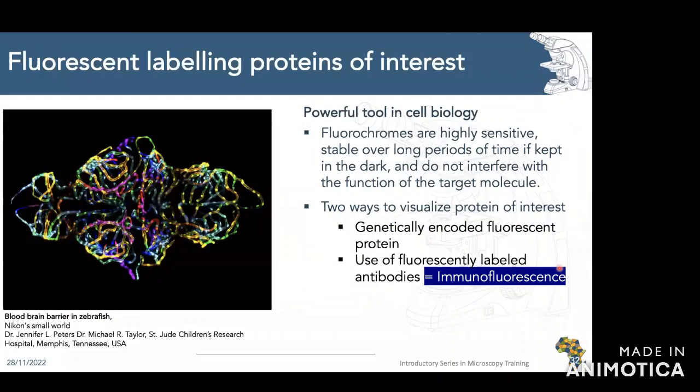So now let's move on to fluorescent labeling. This was already touched on in the microscopy segment, so I'm sorry if there's a bit of repetition. Fluorescent labeling has been a very powerful tool in cell biology and microscopy. This is because of the advent of fluorochromes, which have made these multicolor experiments possible. These fluorochromes are very sensitive, very stable, and don't really interfere with the function of target molecules. You can do live cell imaging. There are two ways to do this. The first is with genetically encoded fluorescent proteins, and you can do live cell or fixed cells, or you can use fluorescently labeled antibodies, which is why we call it immunofluorescence, because we use immunoglobulin and fluorescence to label different